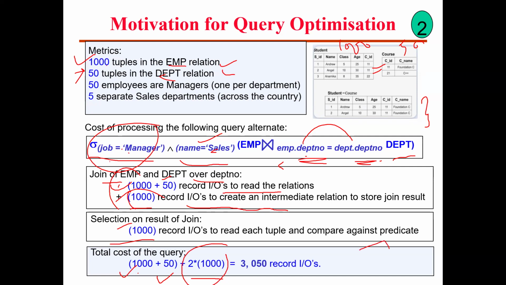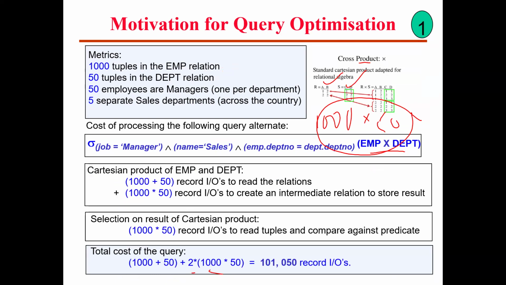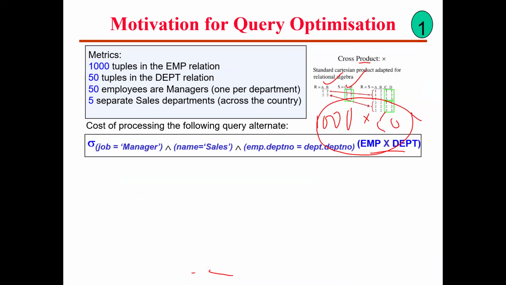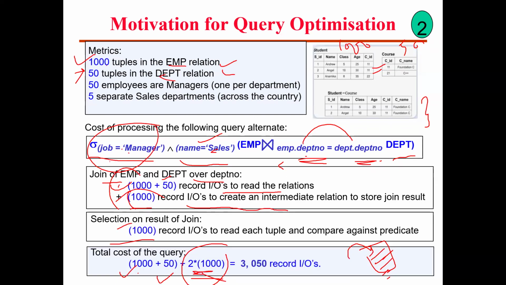Checking in the join is creating 1,000 records, and after you create the 1,000 records, you need to check 1,000 records. That is why we always write 2 multiplied by 1,000, or in our earlier case we wrote 2 multiplied by the Cartesian product. So this is the result from the Cartesian product, and this is the result from the join. You see a lot of difference, right? So that is why in the second way of executing the query, the number of IO records has decreased significantly. Okay, now